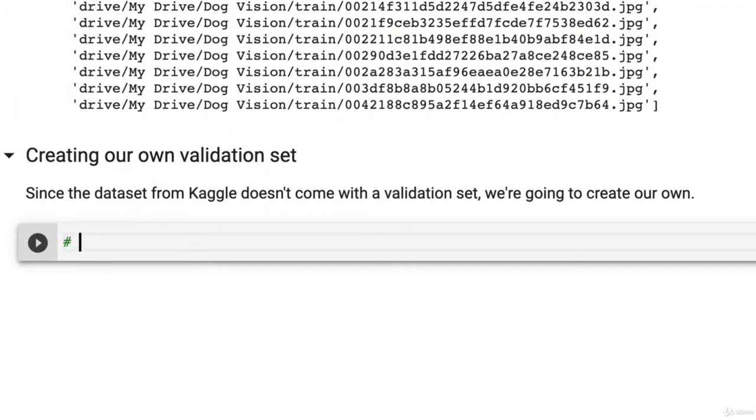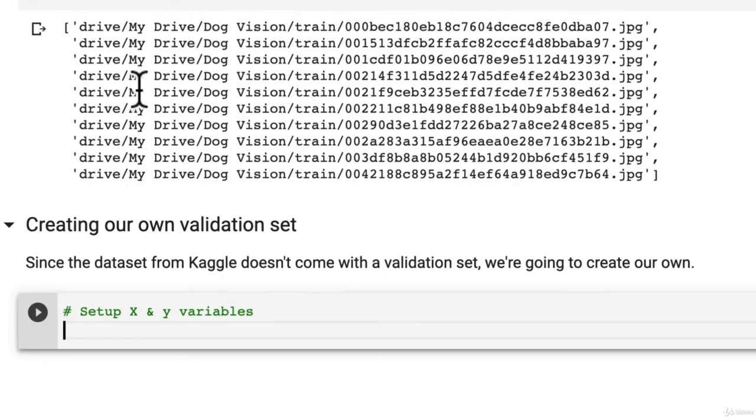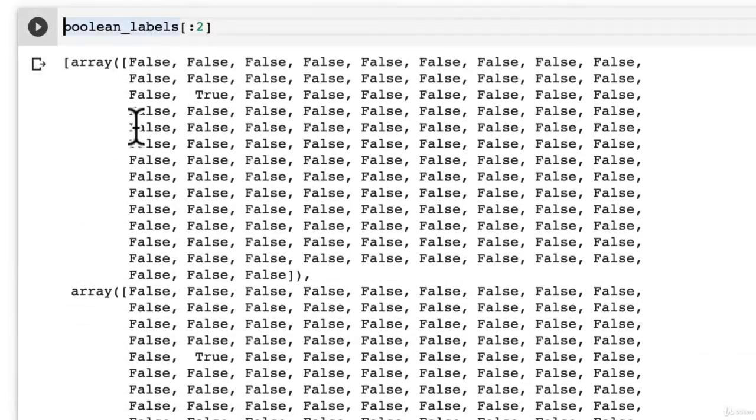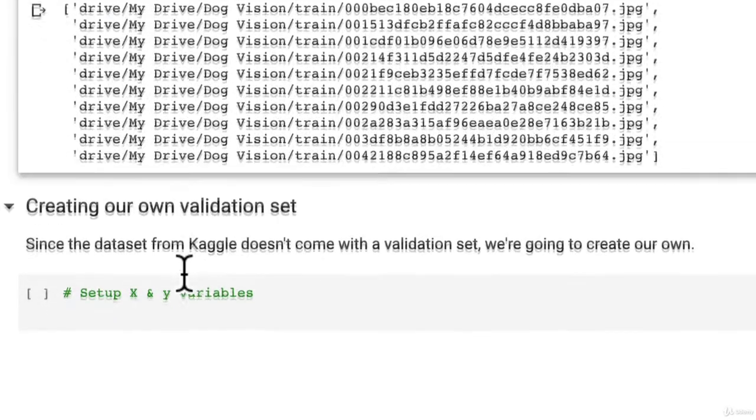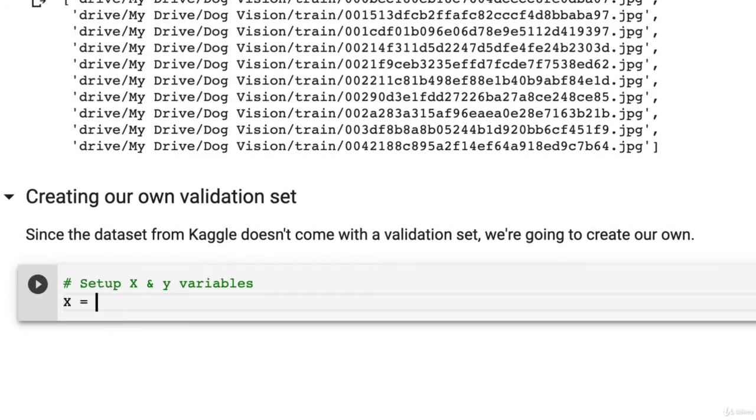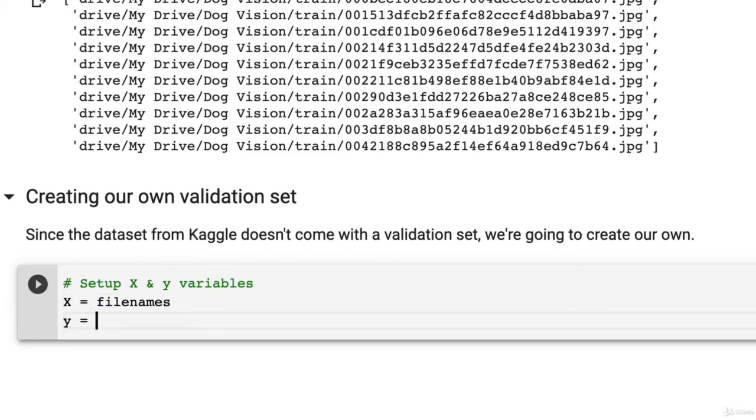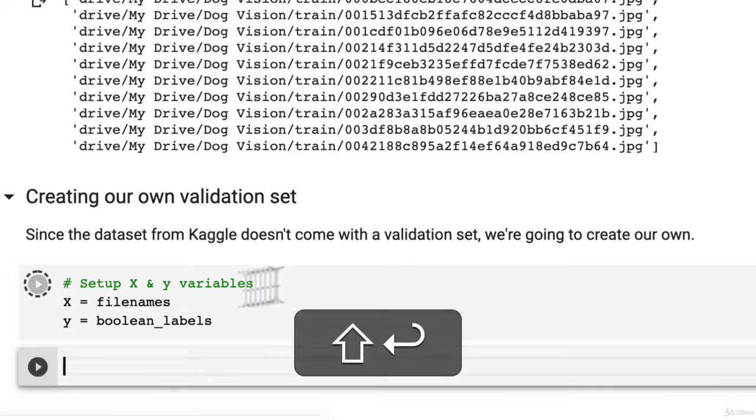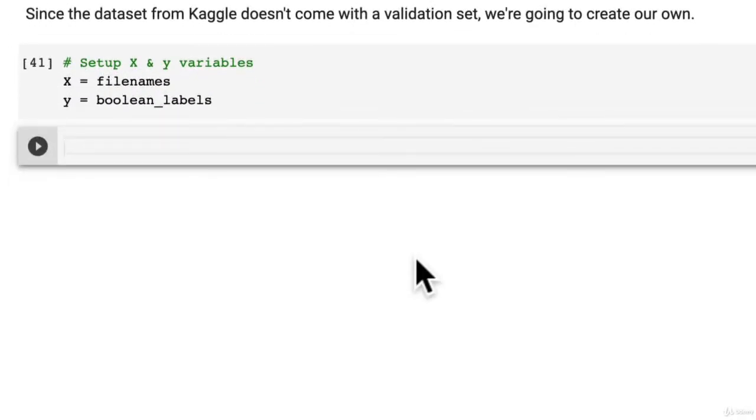Let's set that up. But first, what we might do is set up X and Y variables. Now, the reason we do this is because having to remember Boolean labels and file names is a bit tedious. So what we might just do is create X, which is our standard variable for your data, and Y, which is usually the standard variable for your label. So we're just going to make copies of those. Beautiful. And now, since we're working with 10,000 plus images, 10,222 to be exact,